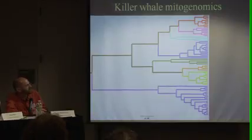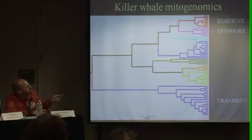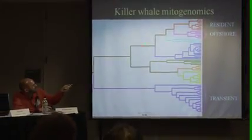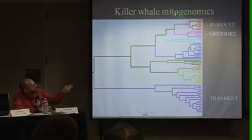The previous tree, as you remember, was a straight line with a bunch of little sticks on it for individual haplotypes. This is the tree from the mitochondrial genomes. And starting with the North Pacific, up at the top here are the residents and offshores. And they form 2 reciprocally monophyletic groups that show that they are unique, evolutionarily distinct groups, and they're most closely related to each other. But the first surprise, as John said yesterday, is that the transients are way down here in this really deep branch that actually includes all other killer whales worldwide in this cluster, and the transients down